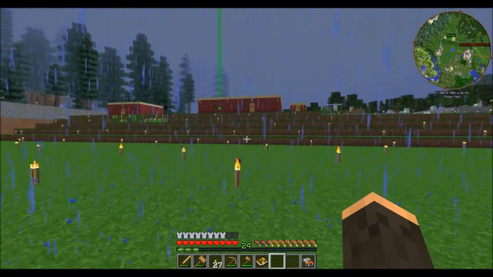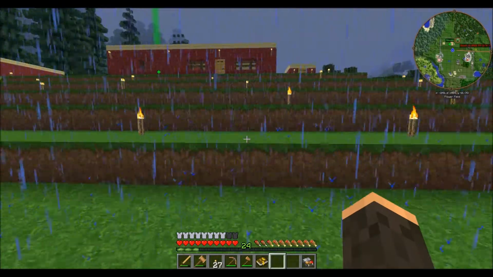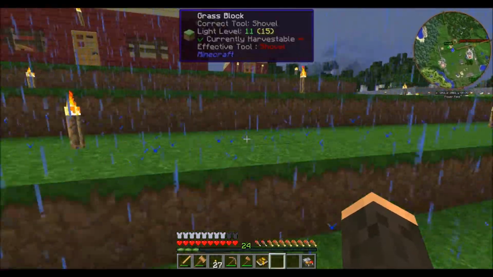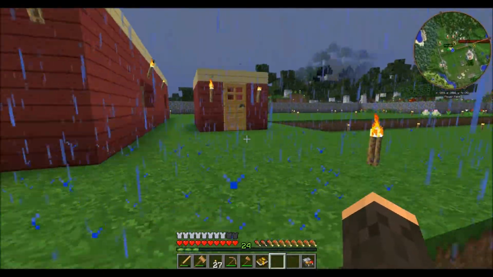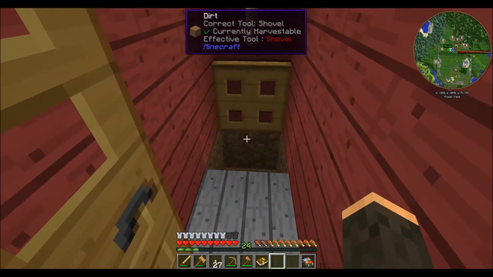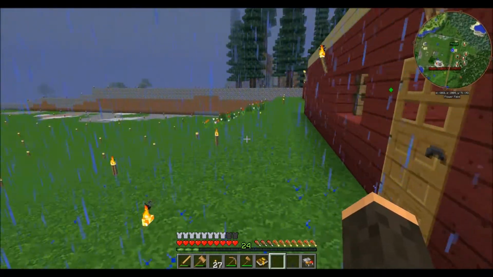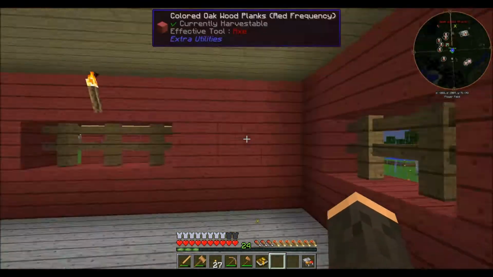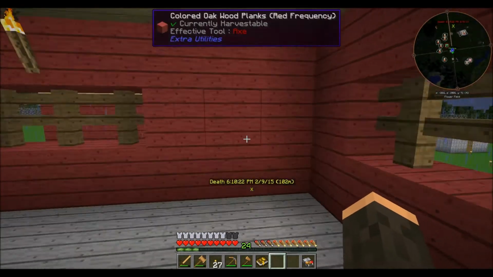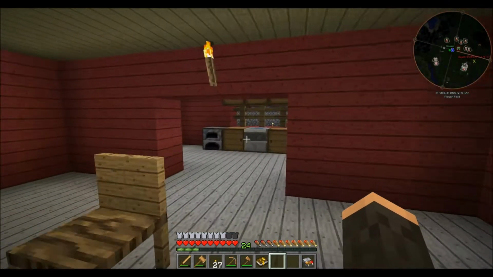is my house and my outhouse. Let's start with the outhouse. See, there we are, one outhouse. And this is my current home. I need to replace the fences with windows, but when I first built the house, I couldn't build glass. So